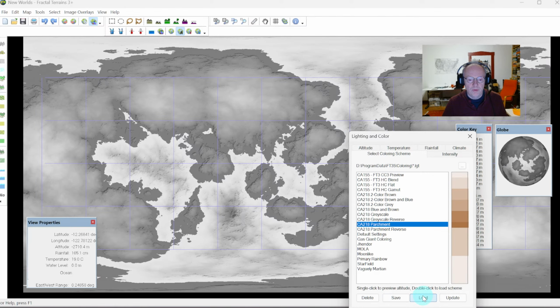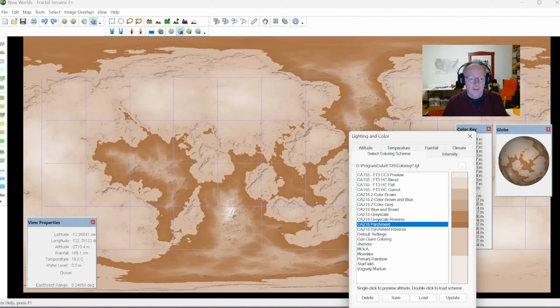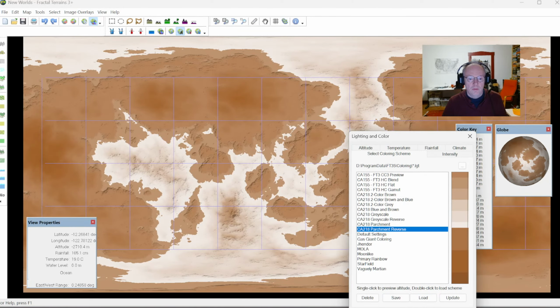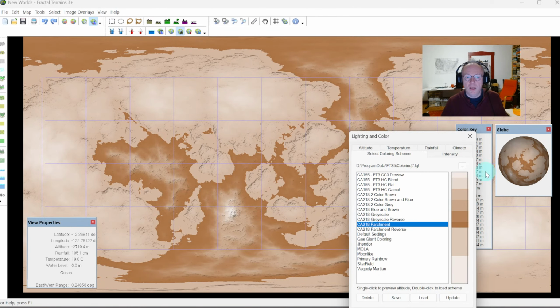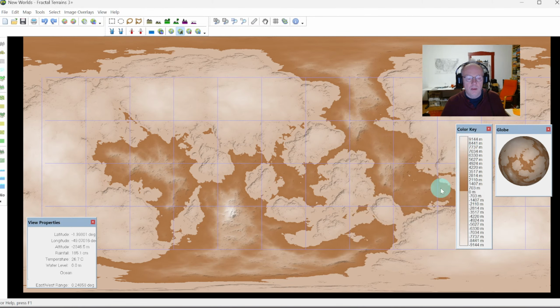And this is the default parchment coloring, and also with a reverse option with the sea darker than the land. I'm going to go for the default parchment coloring like this, and there we have already a little impression of the map. We do have the grid in blue on here, so if you want to change that, we can